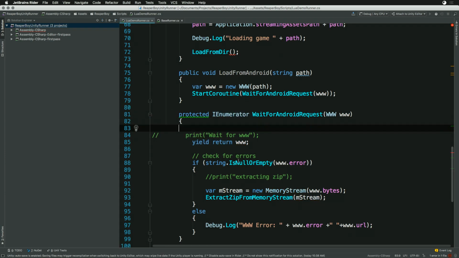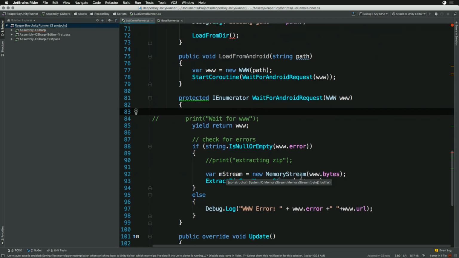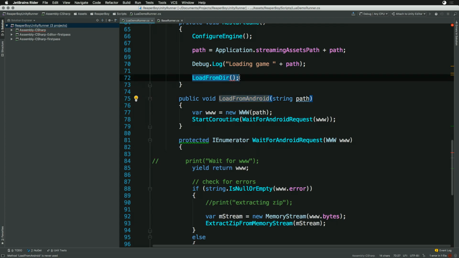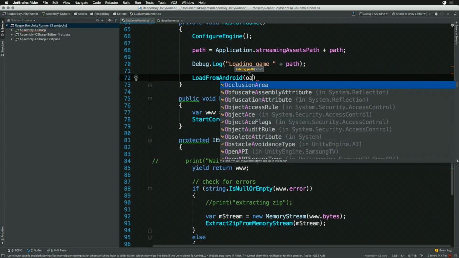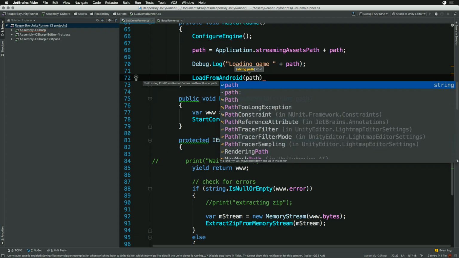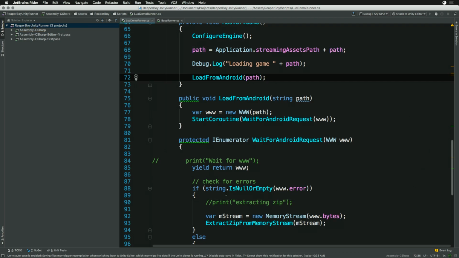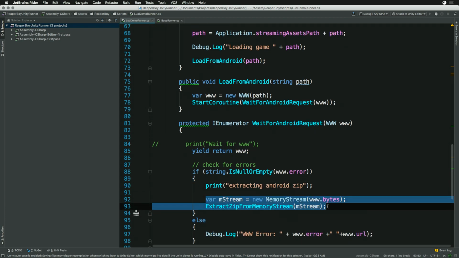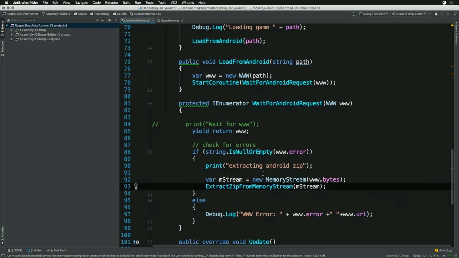Import the missing reference for IEnumerator, and now we're going to get a memory stream of bytes, which I don't want. Like, let's do this. Let's just load this path. And see if we even get this far. Because I have logic internally that'll take a zip, but like I don't extract from memory stream. So this is going to fail, but let's just see if we can get to this point here where it